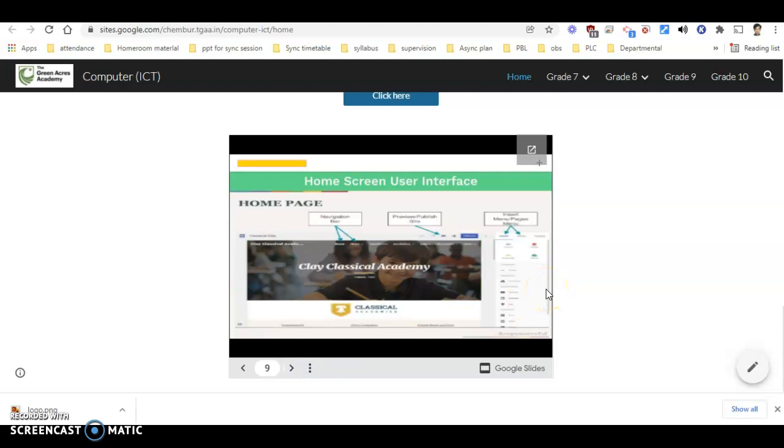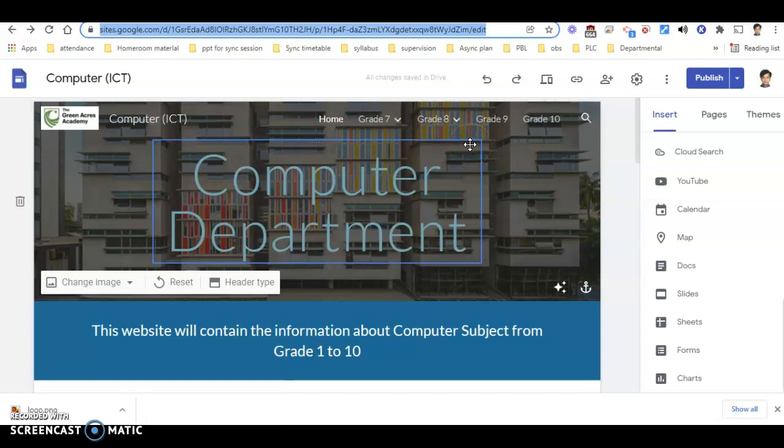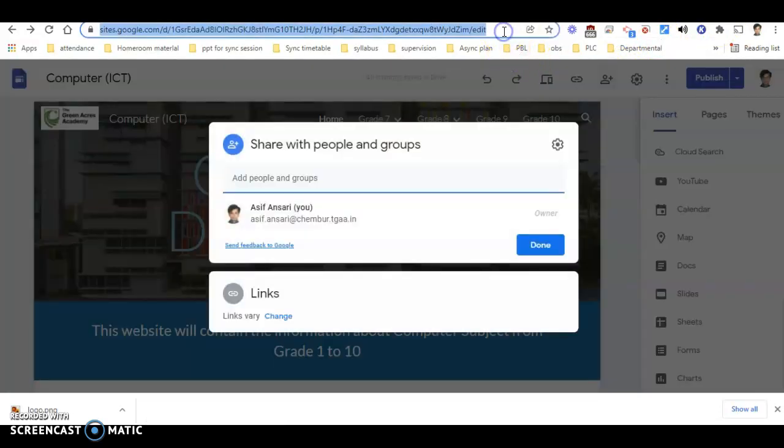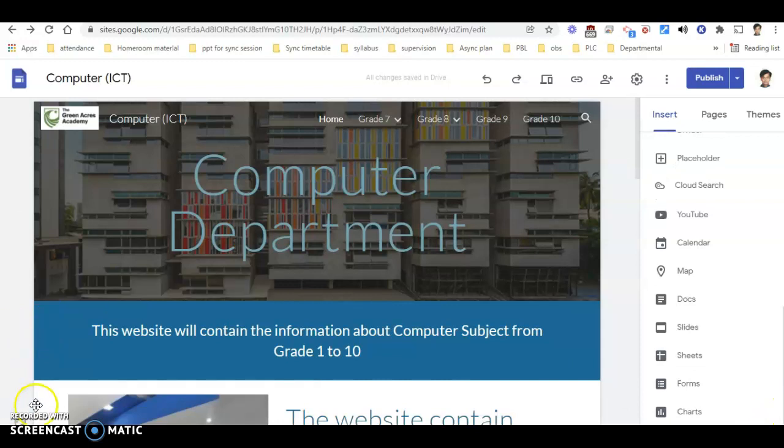And it is dynamic. Dynamic means as I'm changing the Google Sites, this will automatically get changed. And if you want to give the URL, so this is the URL at the top. You can share this particular URL with your teachers. So in this manner, you are able to publish your website and share your website with the teachers. And if you want to share the link, yes, from here you are able to share the link also. Done. So in this manner, we are able to create a website and then publish our website, my dear kids.